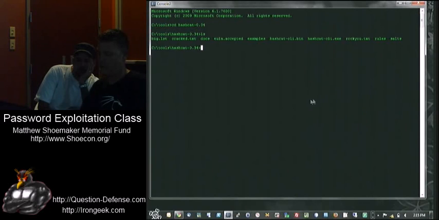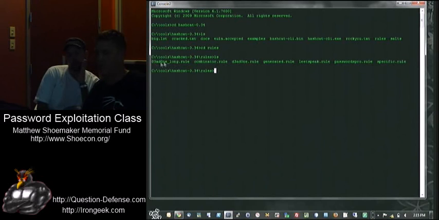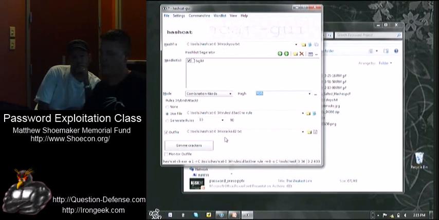This rule right here, if you go into the rules folder, there are some rules, these two that say dead one, that don't come with Hashcat, but they are available on the site. But these other rules are the rules that come with it by default. As you can see, there's a leet speak rule. This is the Passwords Pro rule, so basically they just took their rule from Passwords Pro and added it here. The Combinator rule combines words together. It's similar to the way the rules work in John, so if you're familiar with that, you'll know how to do this. Or this is the option to generate random rules.